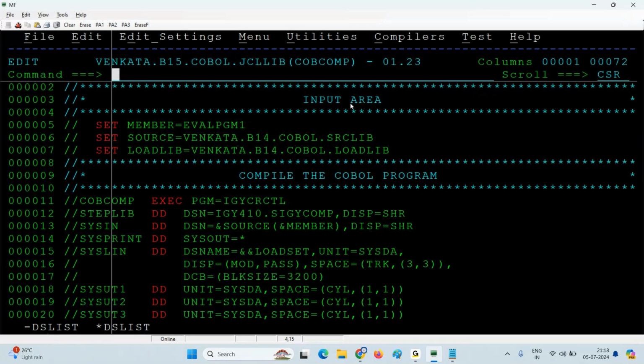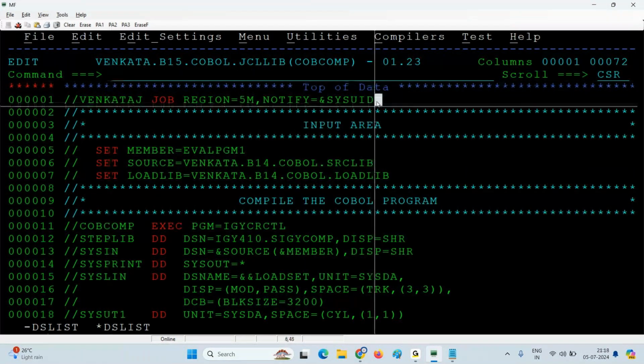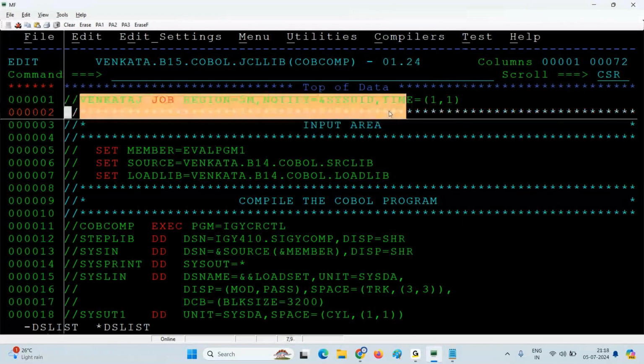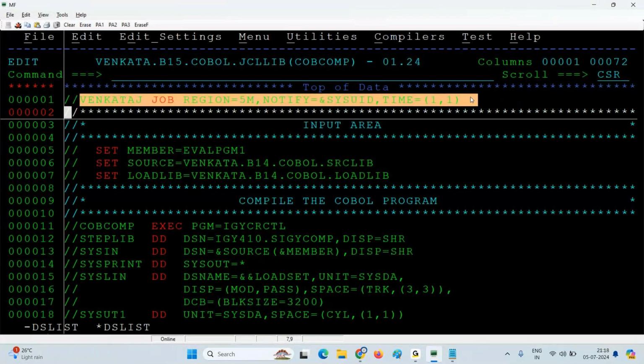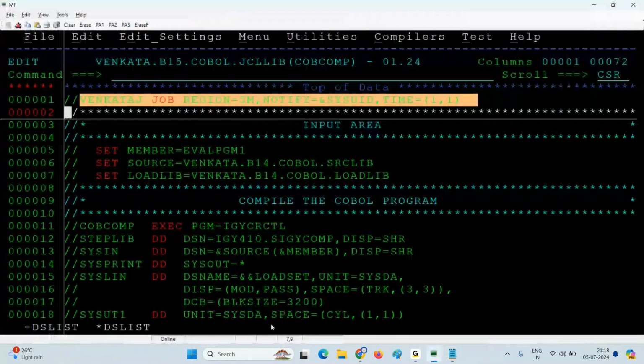Okay, so now this is a job code. So I will use TIME=(1,1). So this is a job code. Okay, so Venkat B, Venkat C, Venkat D, whoever is using other IDs, some people are using Venkat A ID, some people are using Venkat B, some people are using Venkat D. So irrespective of which ID you are using, you can copy